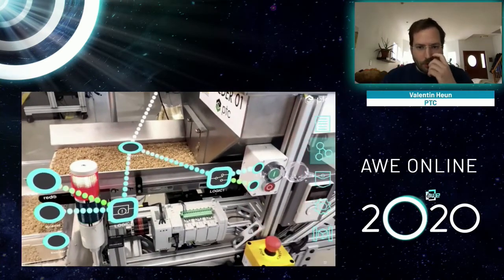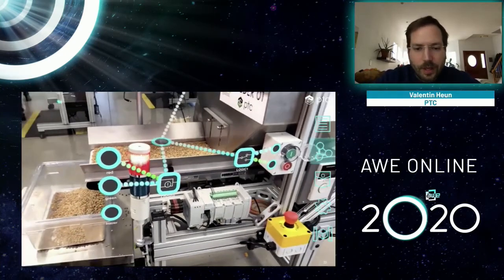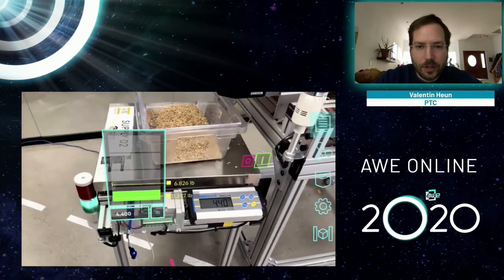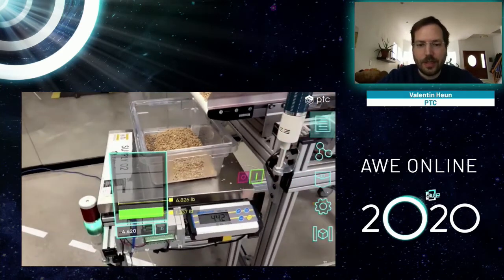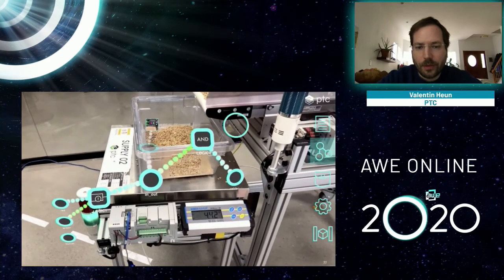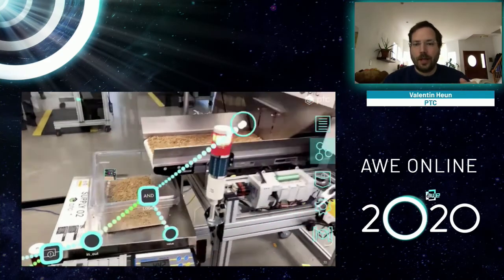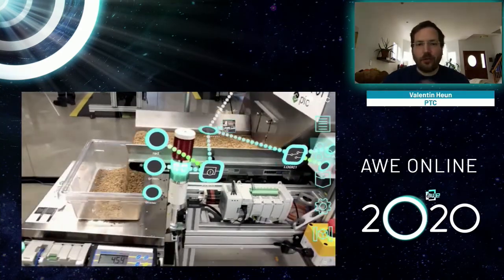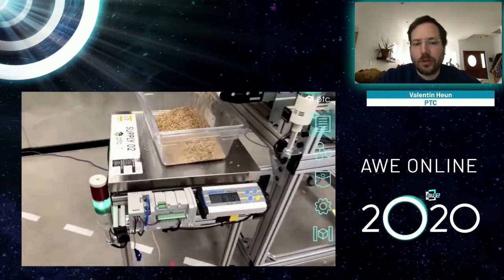So all of this is open sourced, and you're available to experiment with this and build your own augmented reality interfaces for spatial computing. So here we have a second table, and you see already some spatial tools that allow me to set limits for how much should be put into this bin. And because it's an augmented reality interface, I can just easily drag and drop a line from A to B and make these two systems work together.